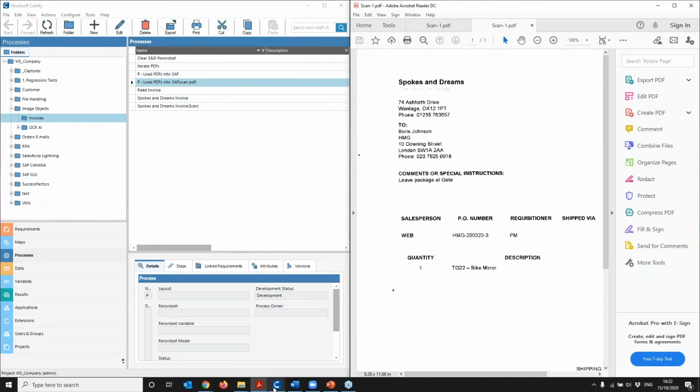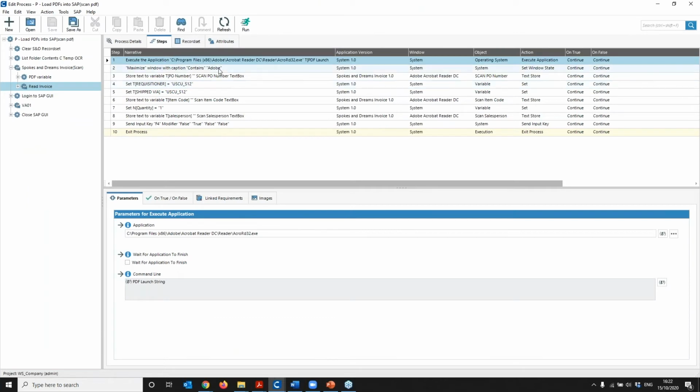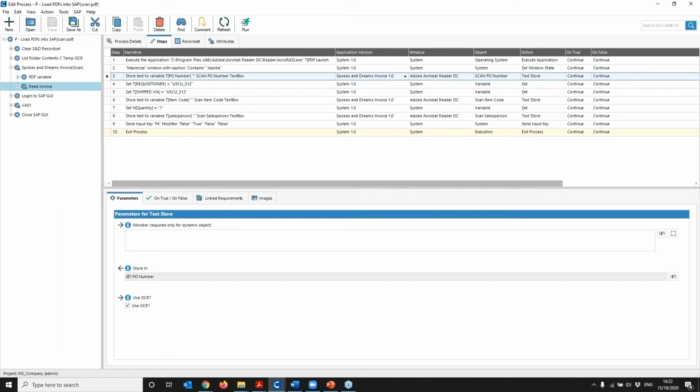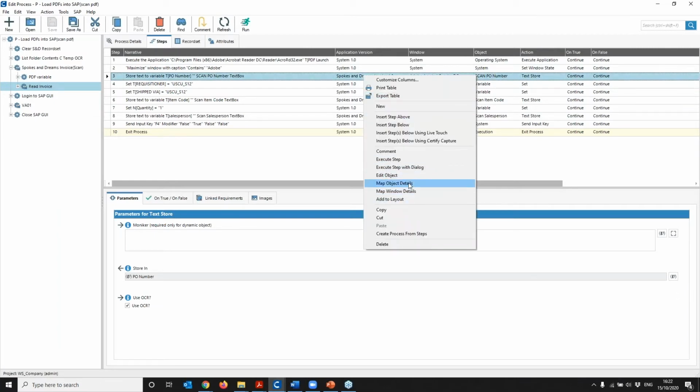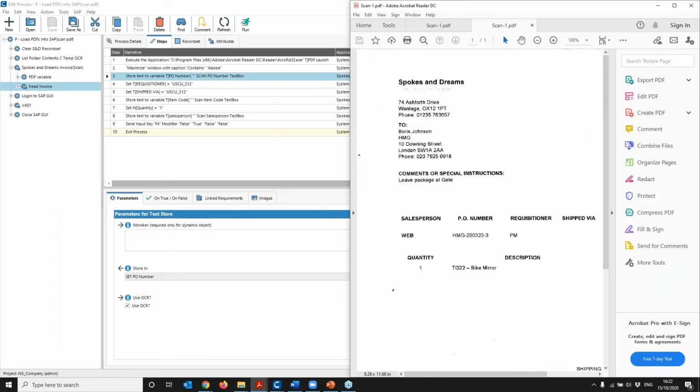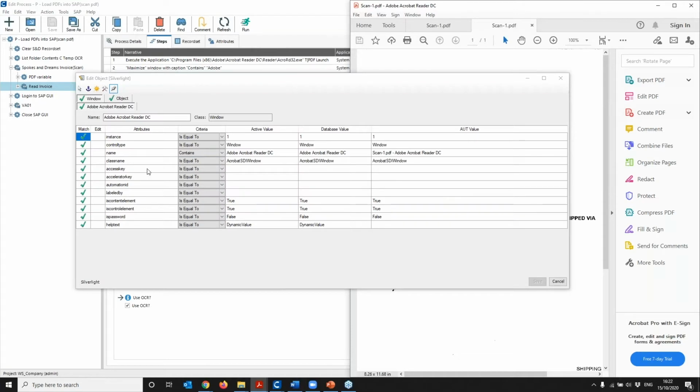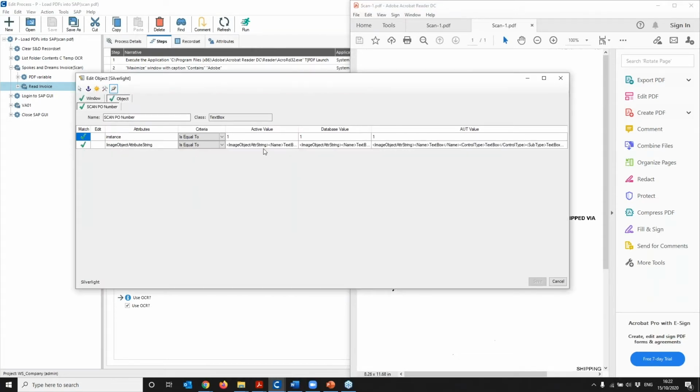If I come into edit object, I can see I've got an attribute string for the object. It's an image object attribute string, and it's going to use the definitions that exist for that type of object. So the PO number in this case. Okay, and there may be 3 or 4 different screen sizes and text sizes. It's going to filter through and see if it can use that to find anything that's there. So I'm going to close that,